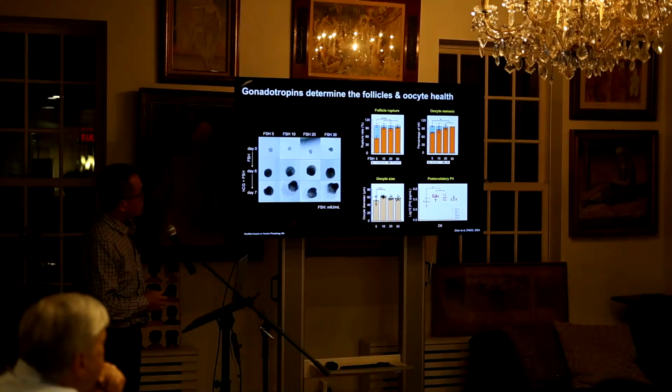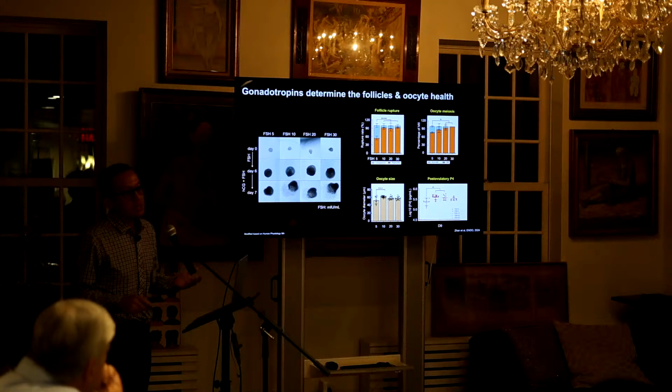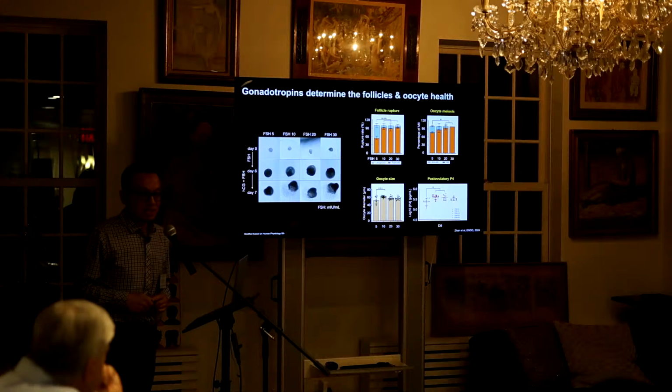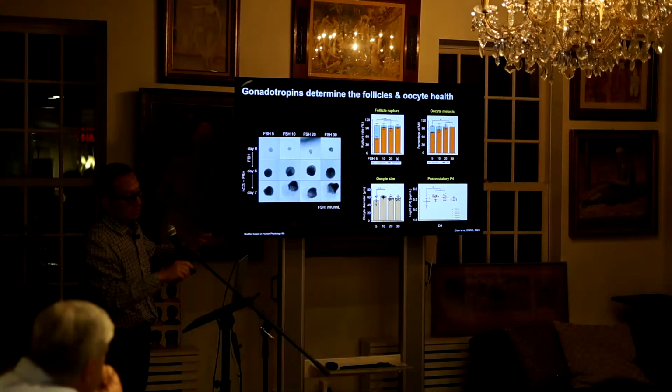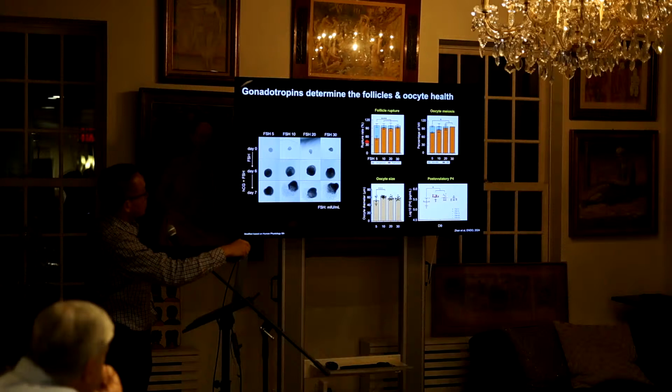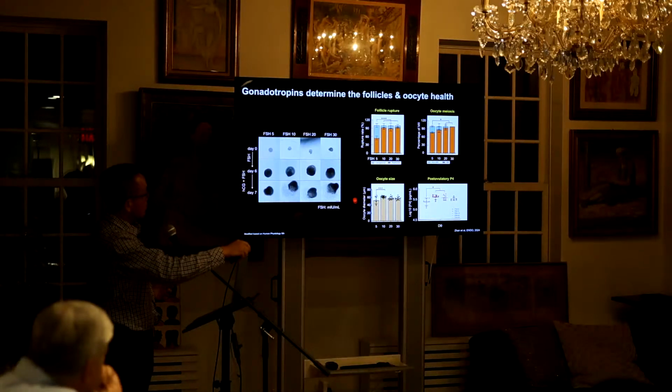And then we want to see the ovulation outcome, to see whether ovarian stimulation will affect the ovulation. Overall, the answer is no. If you give them a lot of excessive FSH, you don't adversely affect the ovulation outcome. For example, when the FSH concentration is below the threshold, they don't ovulate very well. But whenever you give them more, you don't see much difference. That means whenever it crosses the threshold, most of the follicles can reach full maturation and be able to ovulate. For the oocyte meiosis, we also didn't see any difference.